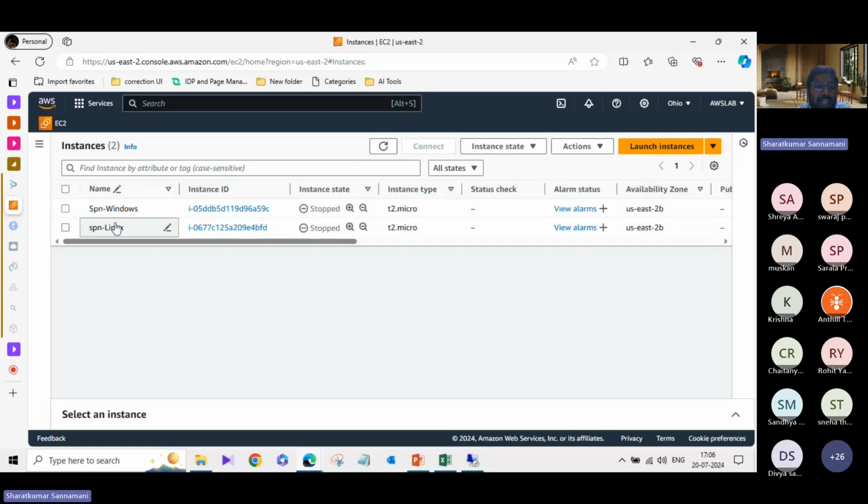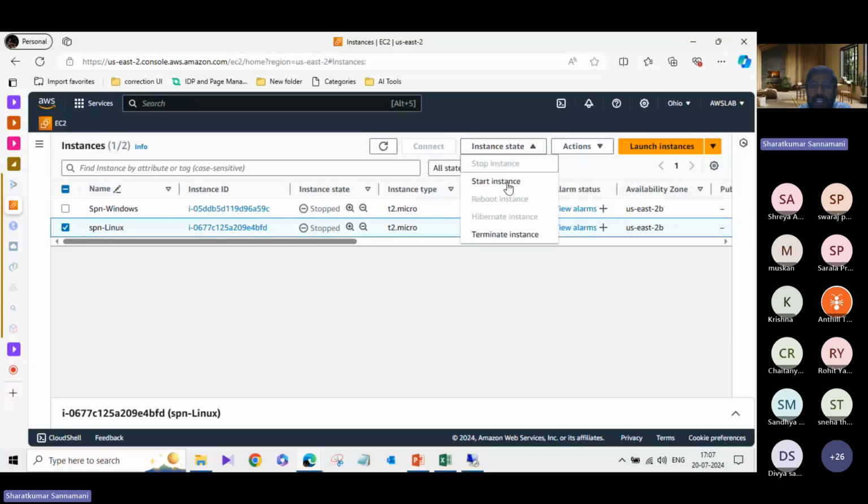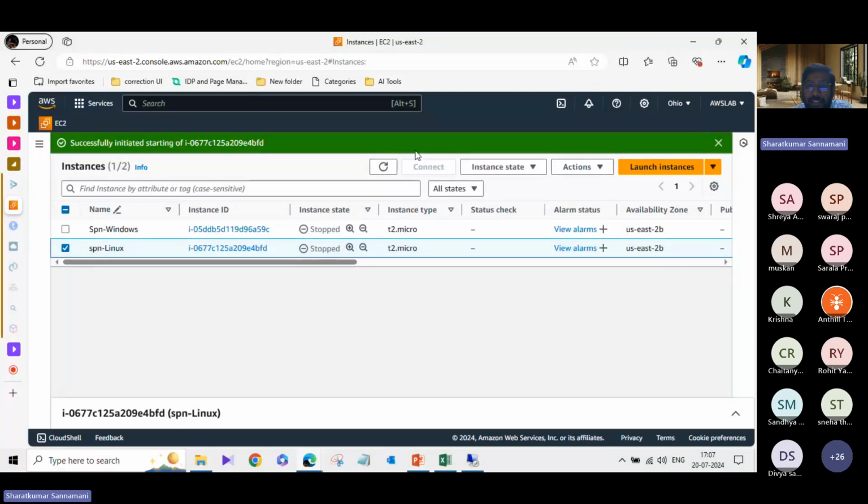If you see here, I have already created two machines. One is Windows and one is Linux, which are in a stopped state, which means I have shut them down because I'm not using them, right? So now I will just start the machine. It will take 1 or 2 minutes to start, and then we'll access the server.